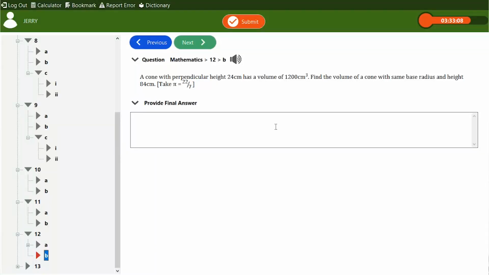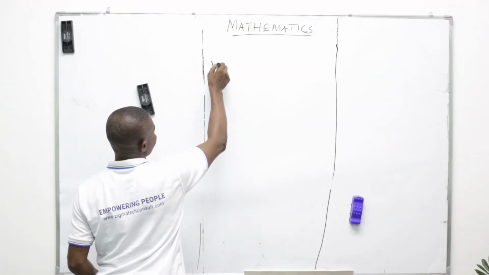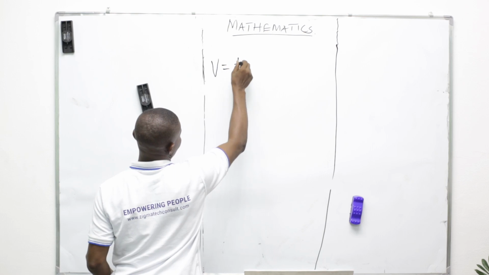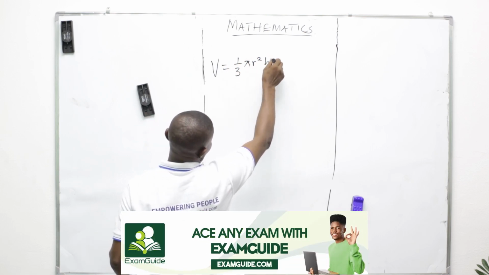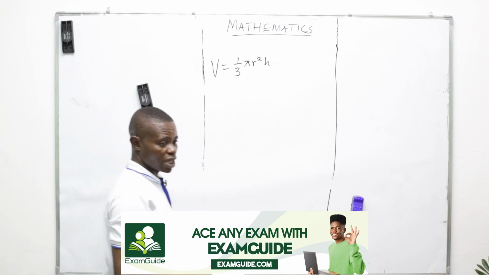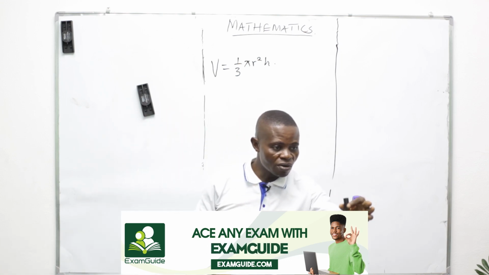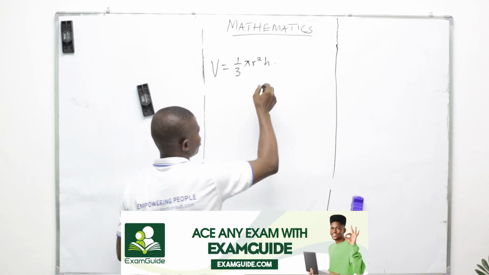So the first thing, think about the volume of who? A cone, before you start reasoning other things. So what is the volume of a cone? V equals 1 all over 3 πr²h, okay? Now, this cone, possibly draw your cone,